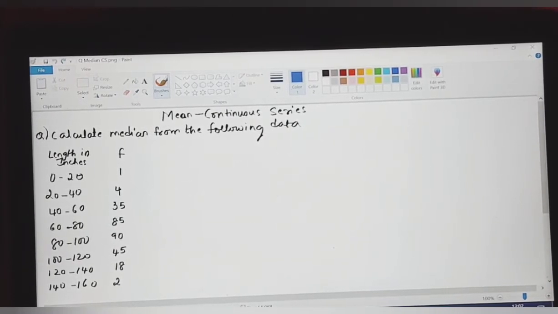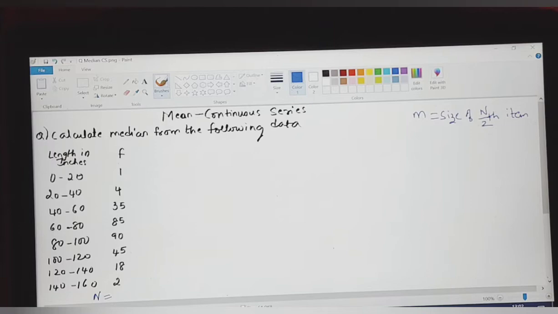Calculate the median from the following data: length in inches and frequency. These are the columns given to you in the question. If you notice, you have a class interval and a frequency column, which indicates that this problem belongs to continuous series. The formula for continuous series median is M equal to size of N by 2 th item. Let's calculate the total N first. So N equal to